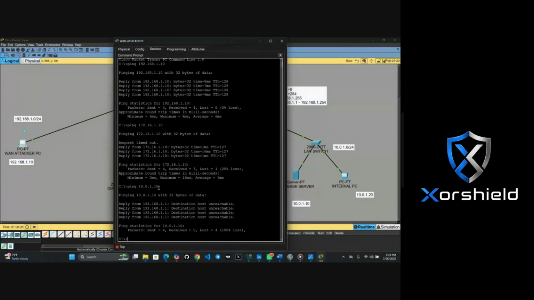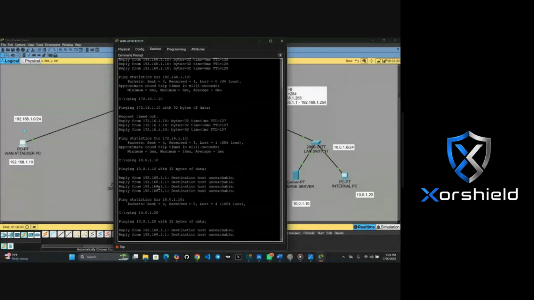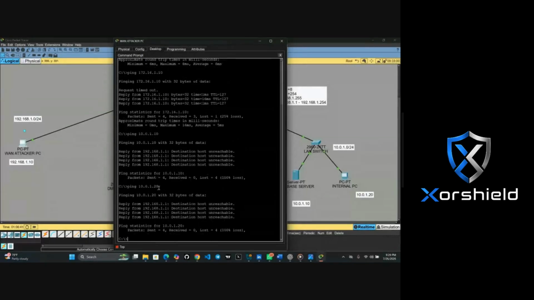Now, let me ping the other one, 10.0.1.20. Unreachable. And now I want to do an example of what I mean by using that 10.0.1.0 earlier.